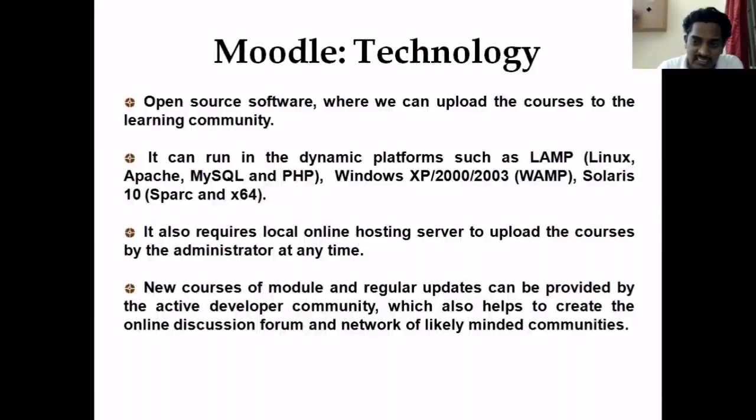So it runs only on this technology that we should have. And it also requires a local online hosting server. In the case of Google Classroom, what happens? In Google Classroom, you are able to upload your courses or learning material to Google Cloud itself. But for Moodle, you have to host your material or learning content on the online local hosting server